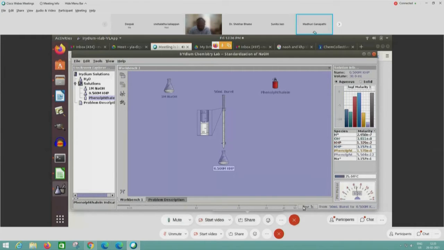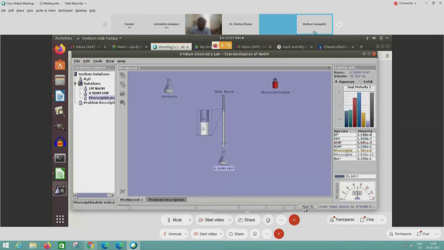If I just do it quickly, I think it will become dark pink. I don't want it to become dark pink because just 2 more drops, I think, will finish off the titration. So let me add 1 more drop. I think it is just close to 7. Yeah, just 1 more. Can you all see the pink color? Let me add just 1 drop so that you can see. Yeah, it's actually done. You all can see the pink color. If I add 1 more drop, it will make it